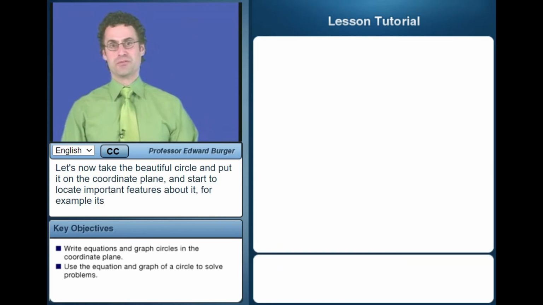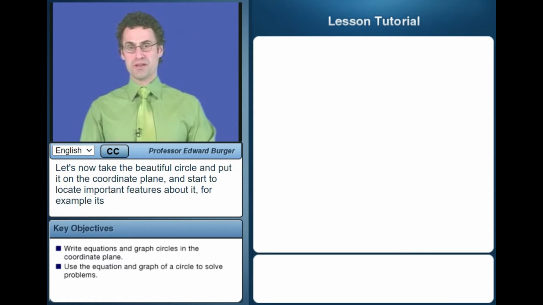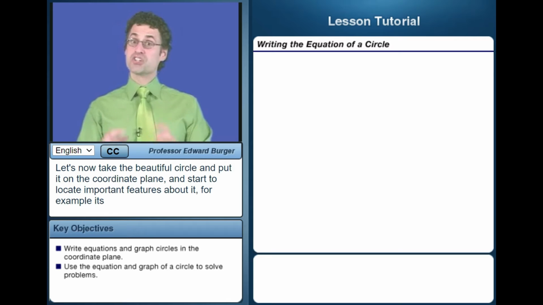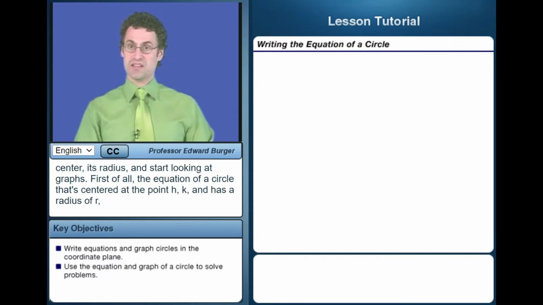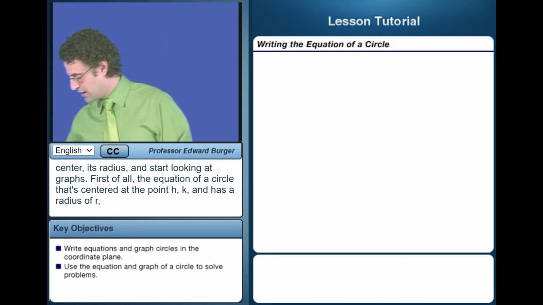Let's now take the beautiful circle and put it on the coordinate plane and actually start to locate important features about it. For example, its center, its radius, and start looking at graphs. All right, well, first of all,